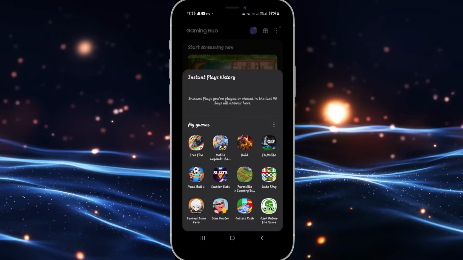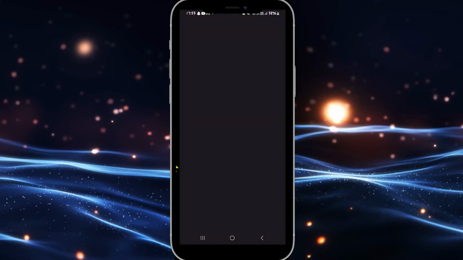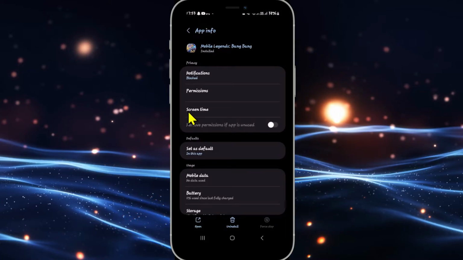Now, if you don't wish to receive any notification from the Mobile Legends game on your device, then in order to change this setting, just locate the application first and long press on it. You will see the application info button which you can tap on in order to end up within the app info page. Now, if the application is still running, tap on the forced stop button at the bottom right corner